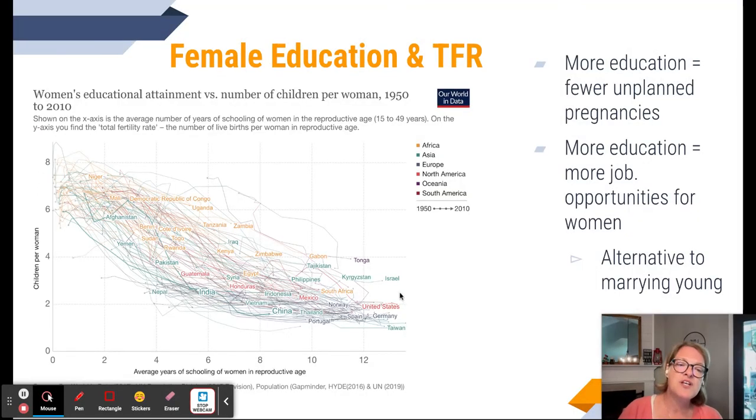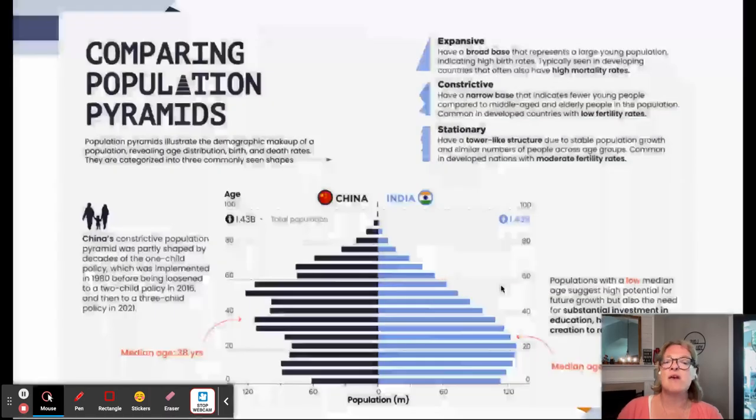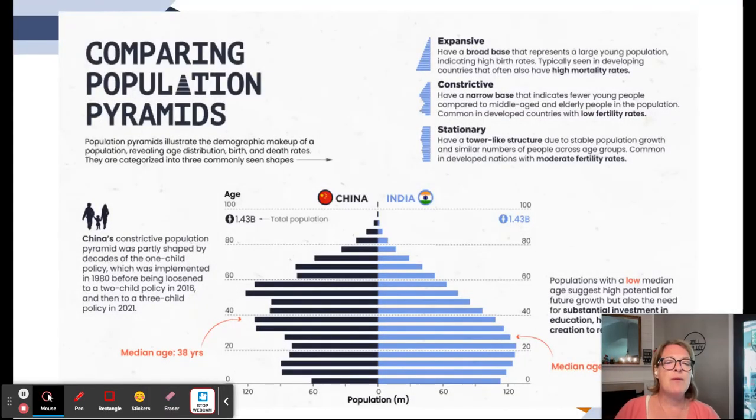Female education, more education. You can see we're up here at the top with Germany, Taiwan, Spain, US, Israel. Fewer average years of schooling, and then children. So children is on the y-axis, so it's going to be less. And same thing here, more children with less schooling. All right, and then comparing population pyramids, we've already talked about this, but it actually influences that total fertility rate,